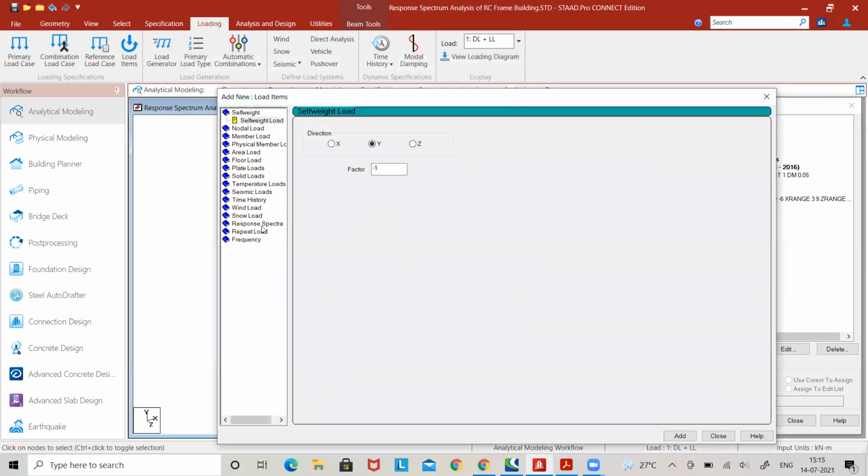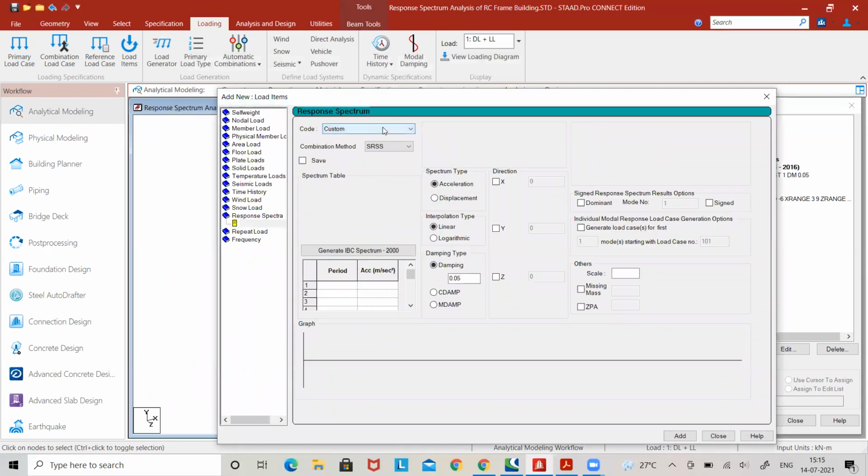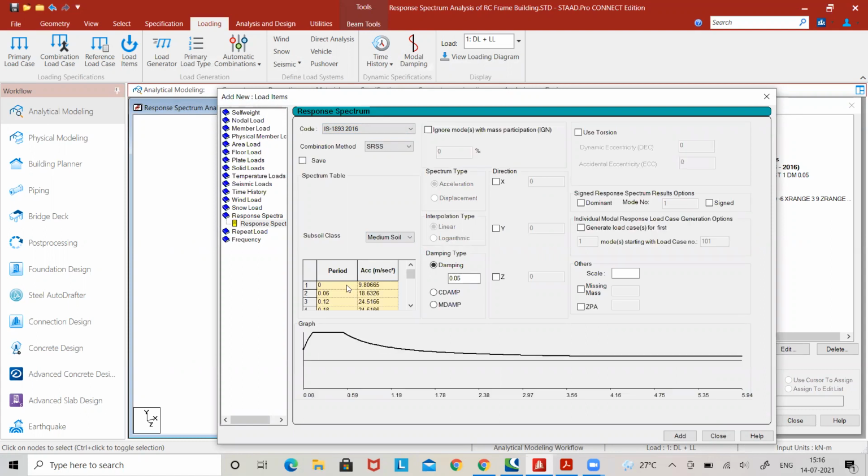then go to response spectra, then select IS 1893 2016, and in that I will select the combination method as SRSS. Then I will select soil type as medium soil. Here the period versus acceleration graph is generated. Now in which direction we want to add, that is in X direction. So this factor we have to generate as per clause 6.4 of IS 1893. So here it is,